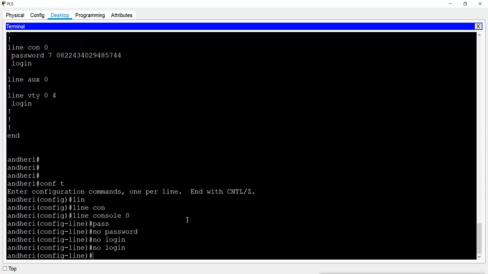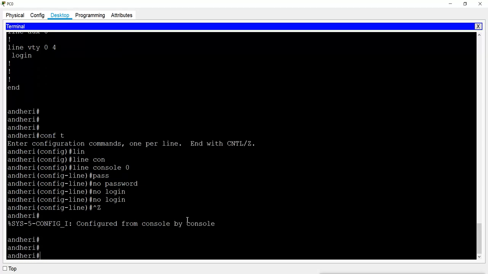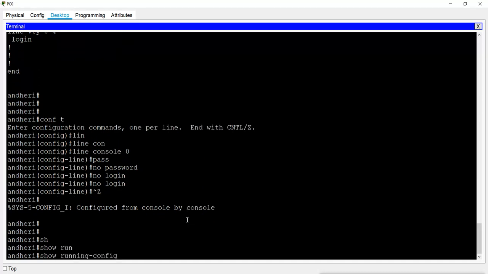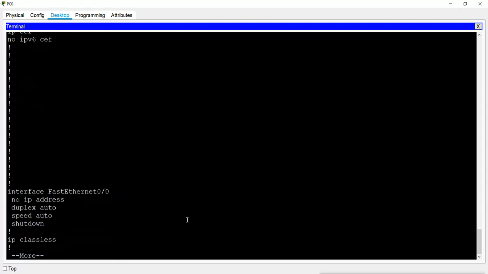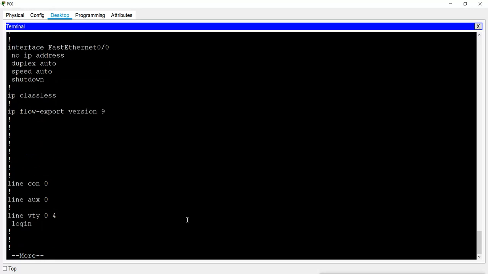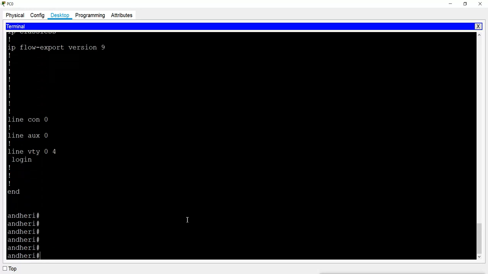So this is to remove the configurations which you have configured. And now when you check show running-config, we have only the hostname, and we don't have any passwords here. So this is how you can assign and remove them. Removing is very easy. The simple way is: give the command, start with no, and give it where you have assigned it. So just use no before the command you want to remove the configuration of.